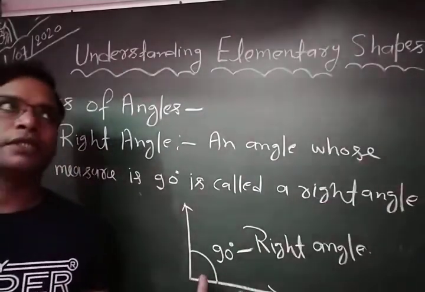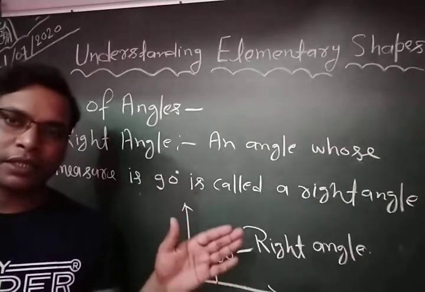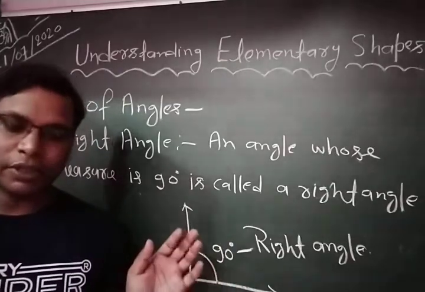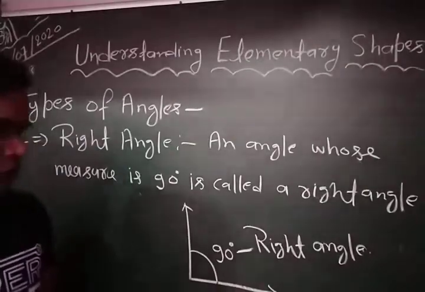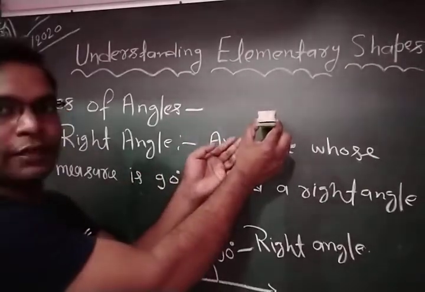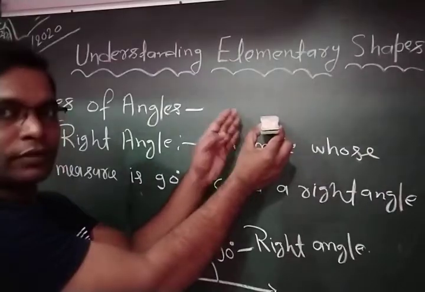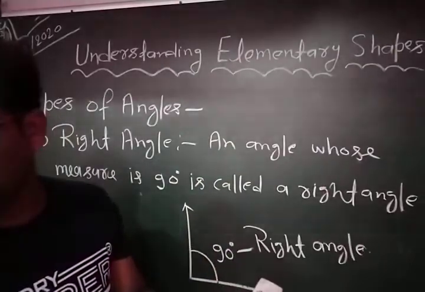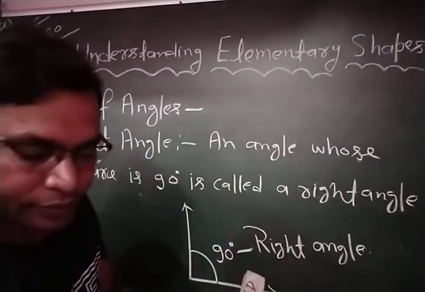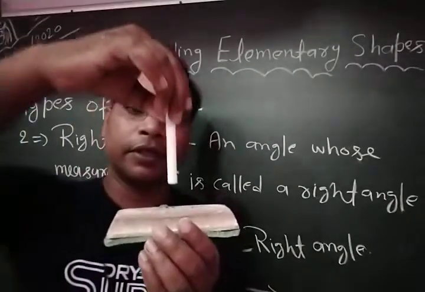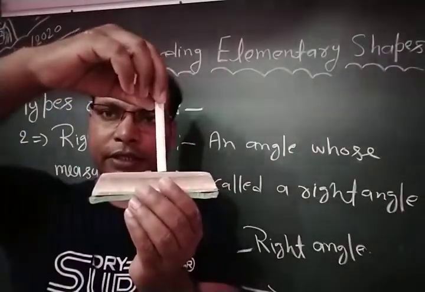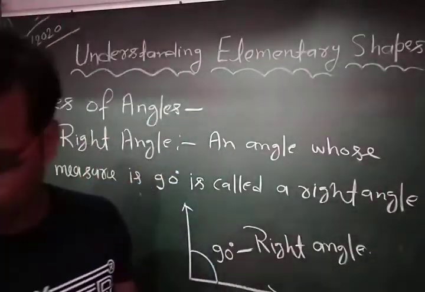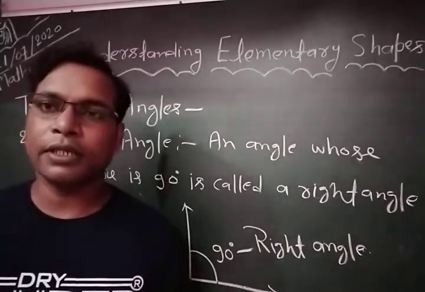Now, this is a figure of a right angle. You can see your room: the wall stands on the ground. The angle between the wall and the ground is a right angle. Also you can see this duster. It stands against the green board, and the angle between the duster and the green board is 90 degrees. Also you can see one example like this. This chalk stands on this duster. The angle between the chalk and the duster is 90 degrees. Clear? Now, the next type of angle is the obtuse angle.